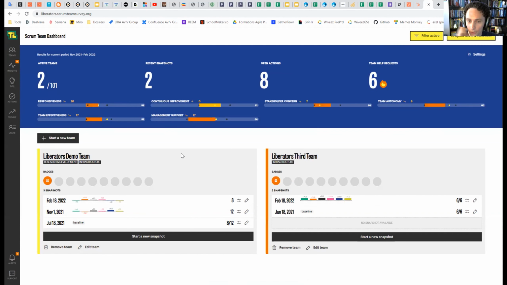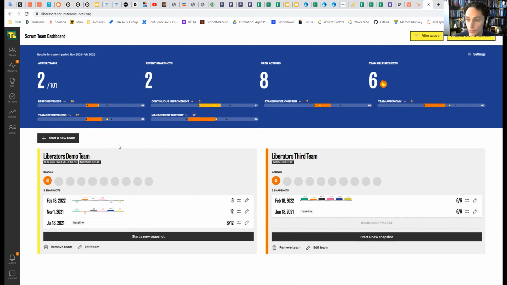Just for everyone else, when Michael selected the team filter, basically all the results in the dashboard then only show results for teams in that group. So in this case, research and development, we only show results for teams in that group. If you go to tips, if you go to actions, if you go to insights, you only see the results for that particular group. So it really filters everything,